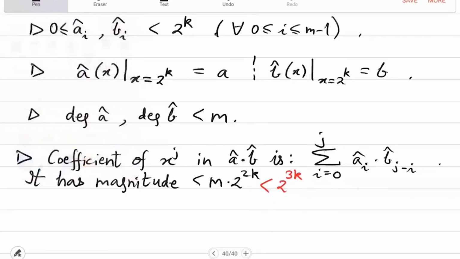Because multiplying polynomials, that value is equal to per k, won't change. Actually, no, I should rephrase my question. Maybe at least what we know we should write down. So you know that a(x) times b(x) at x equal to 2 raised to k, individually, they are both a times b. So you do get a times b. That is true. Okay. So the question is, how will you do this multiplication a hat times b hat?